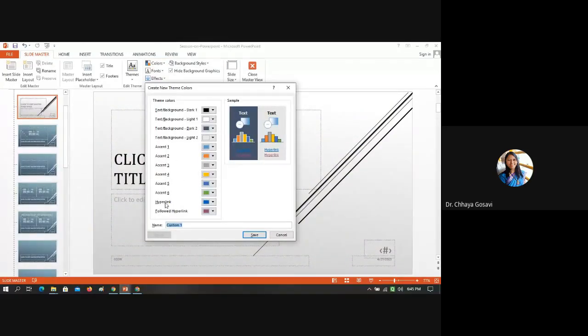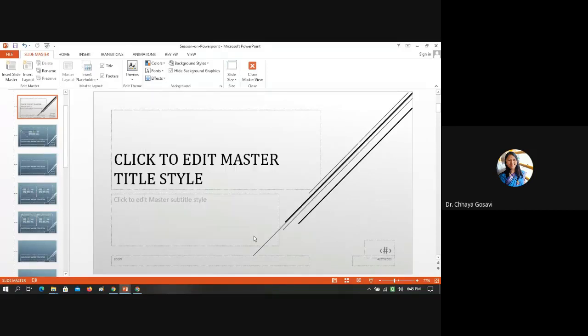This is for hyperlink. Hyperlink is now in blue color, and followed hyperlink means when you click on the hyperlink, it becomes purple color. If after clicking the hyperlink I want orange color, this will change. Close master view.